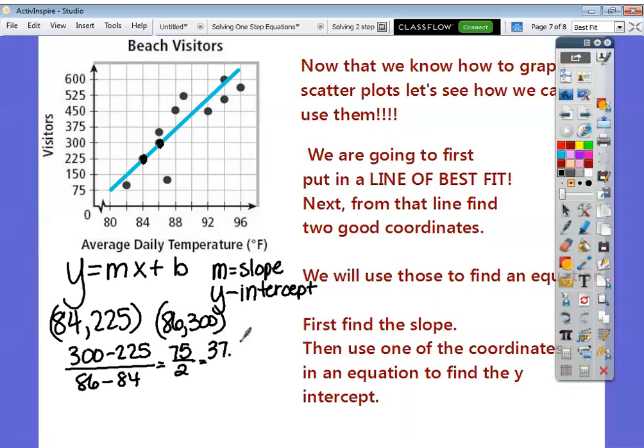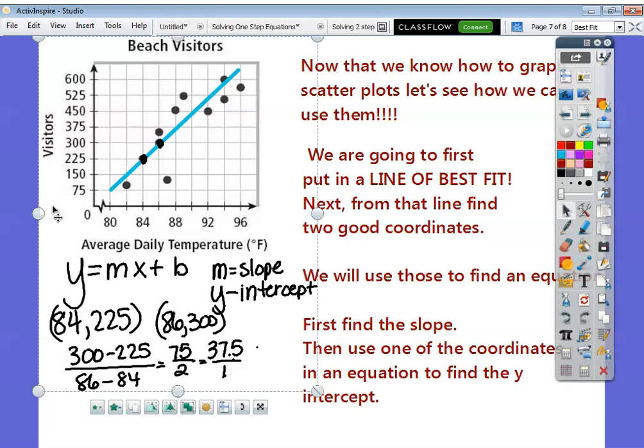Now we all know what 37.5 means: the 37.5 represents the visitors, and 1 represents the temperature. So what that slope is saying is that for every 1 degree, you're getting 37.5 more people visiting the beach. Obviously, there's no such thing as half of a person, but again, this line of best fit is just going to help us make some estimates on things. Okay, so now that we have our slope,